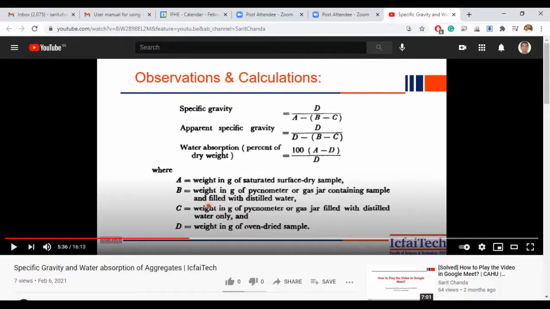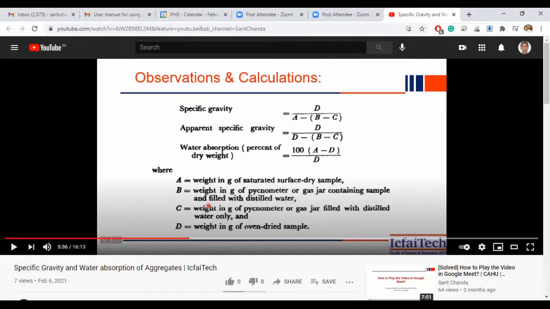Then we kept this sample under water for the next 24 hours. In these 24 hours, the aggregate absorbed the moisture, so the water is fully absorbed by the aggregate. Then after 24 hours, we took the aggregate out of the glass jar and made it surface dry. We just remove the water so that only the surface of the aggregate is in a dry condition. We keep it maybe 1 hour in normal air, and the surface of the aggregate is now dried. With this dry sample, we measure it, and we now got 508 gram.